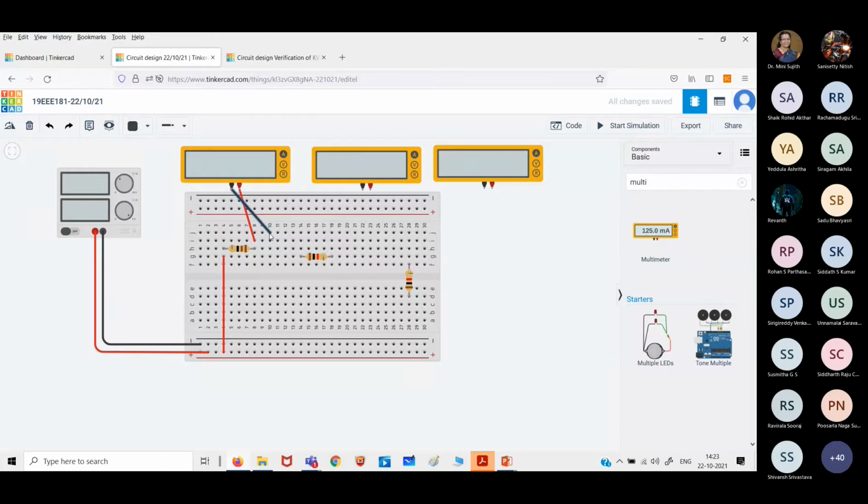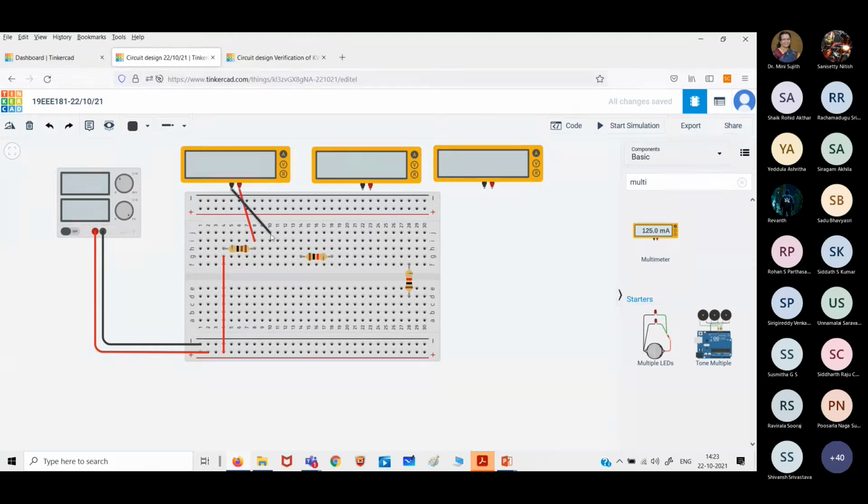This much is clear. Power supply positive, you can see, is connected to the resistor, vertical short. Preferably connect the resistor in this way, you get more options for connection. Then it is connected to ammeter. We have selected a multimeter with ammeter mode. Positive of the ammeter is connected to the end of the resistor as given in the manual.